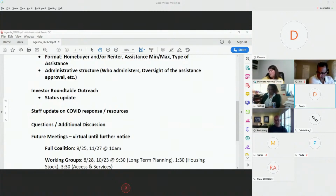Particularly the short-term, medium, and long-term items. Because of COVID, some of the things that we would have wanted to do more short-term, I'll probably shift to medium-term. And then those long-term things, that list probably gets a little bit longer. But really looking at what are those short, medium, and long term. And then when we're talking about investor roundtables and folks who want to come to the table, you really end up giving them